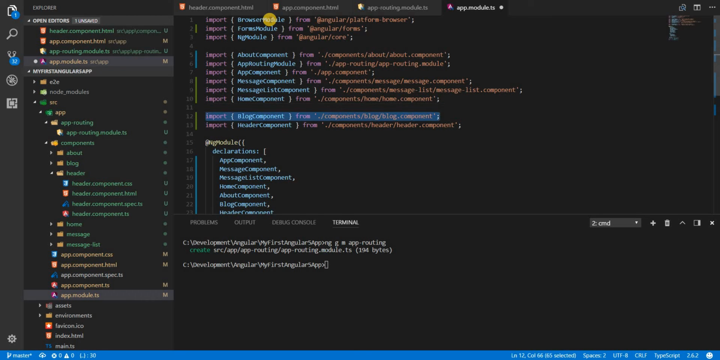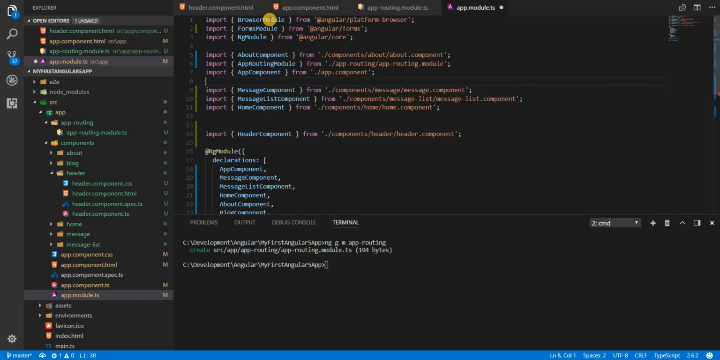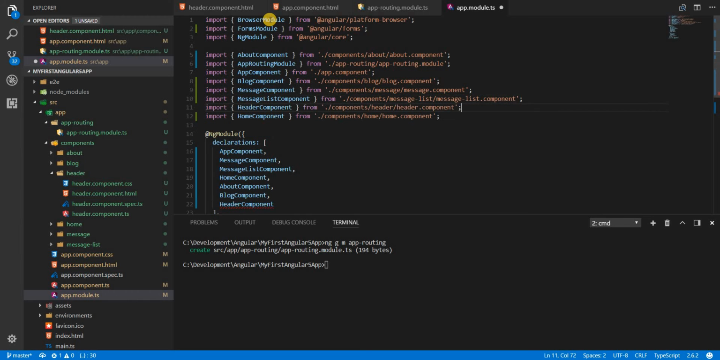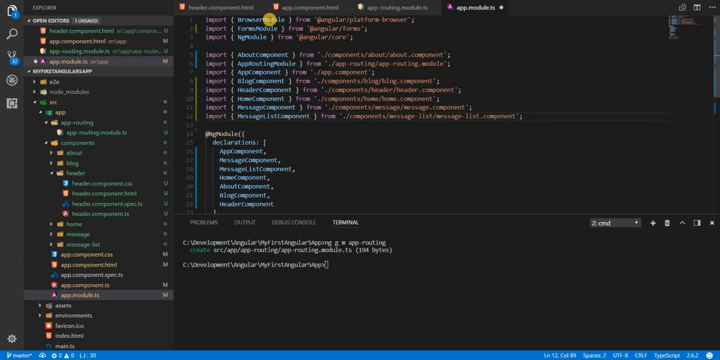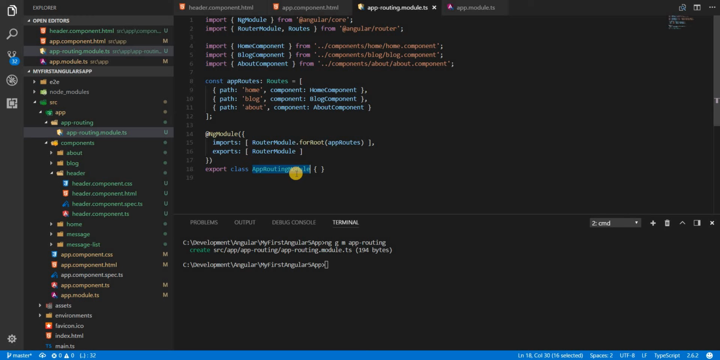So if that is something that we should be following, this should come at the top, and then we have B, and then H, and then M, like so. That way it's easier for us to just get a hold of a particular component or a particular import statement here. Now we have defined the configuration,